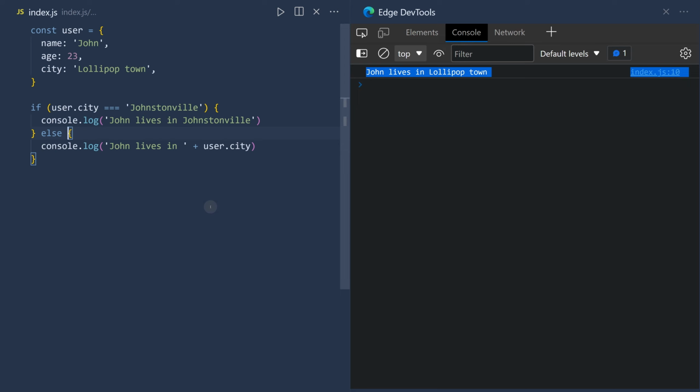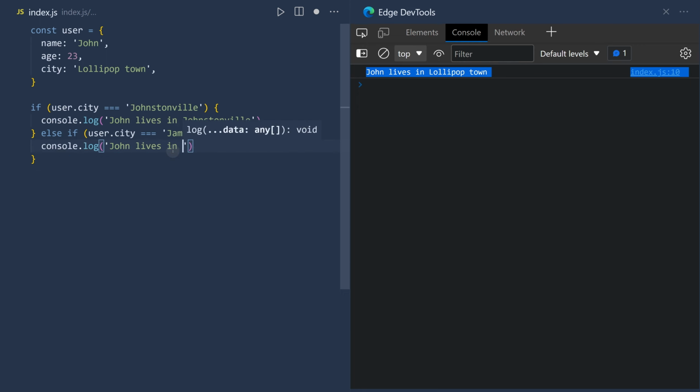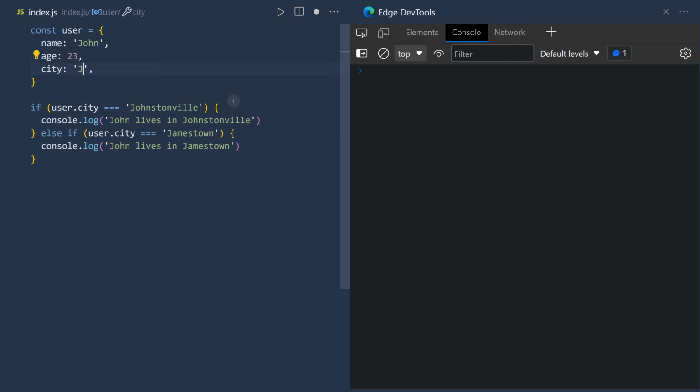Now, granted, you could check to see another thing here. You could say, well, let's see if John lives in Johnstonville, and he doesn't, right? So it's like, all right, well, we'll do something else. And when we do something else, we could also check if something is true again. So here we could write, user.city is equal to, let's say, Jamestown, and obviously this is not what we want to write here now. We want to write, John lives in Jamestown. Now, obviously, John doesn't live in Jamestown, but if we switch that now, Jamestown, hey, it says John lives in